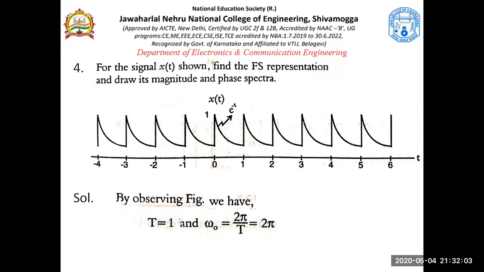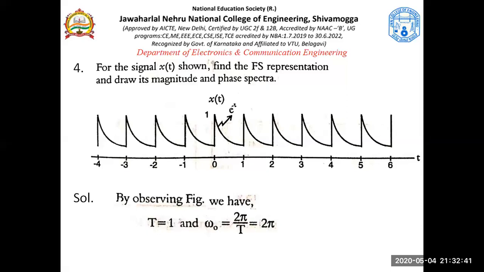Don't be afraid to see these waveforms. If you are confident, you can easily extract the info. What are the three things that we need to know? What is x of t? What is the fundamental period? What is the angular frequency? So easily that can be done. E power minus t is your x of t, and its range is from 0 to 1. It is repetitive again, repeating after every 1 second. So T equal to 1 second is the fundamental period. When the fundamental period is known, omega naught is 2 pi radians per second. So this is the angular frequency.